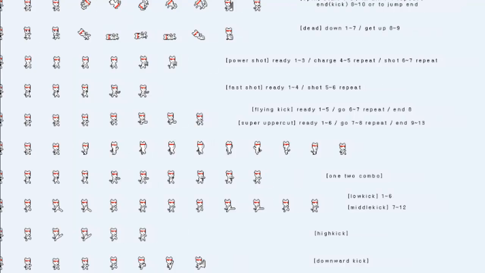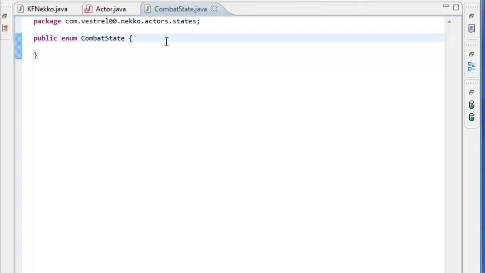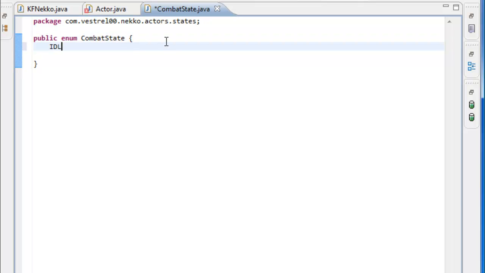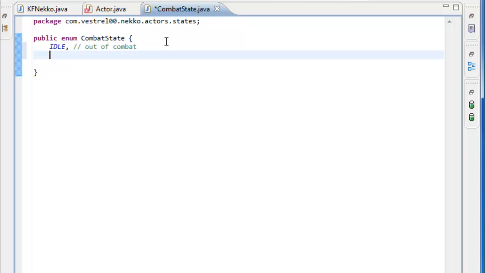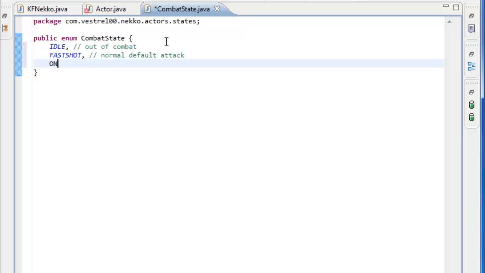Let me just put this on the side right over here, and so we have idle, meaning we're out of combat. We have fast shot, and I guess this is going to be a normal default attack, maybe. It's going to be our normal default attack, just a jab. We have the 1-2 combo, which I see that there's like,